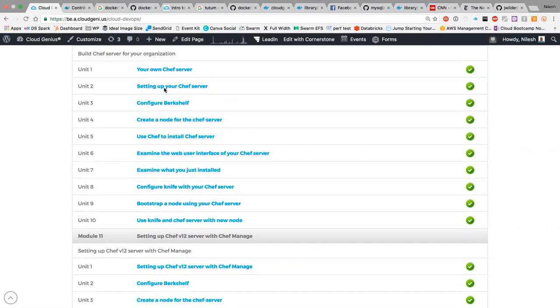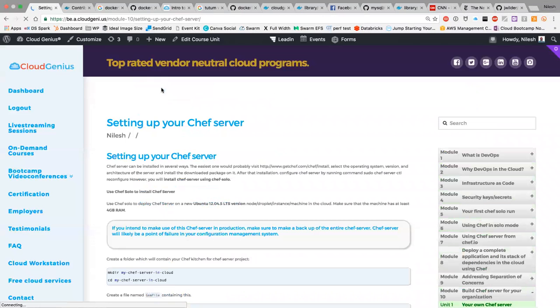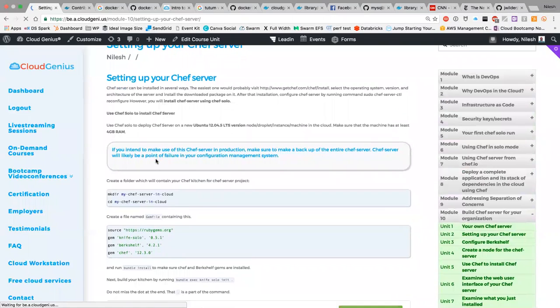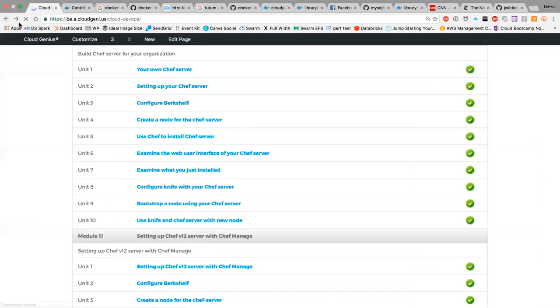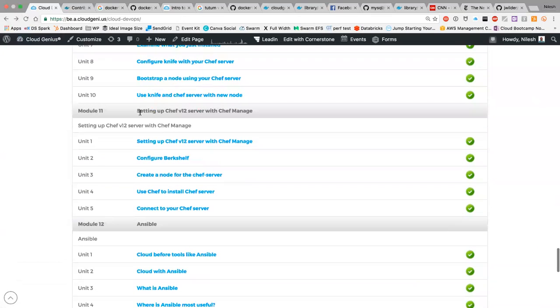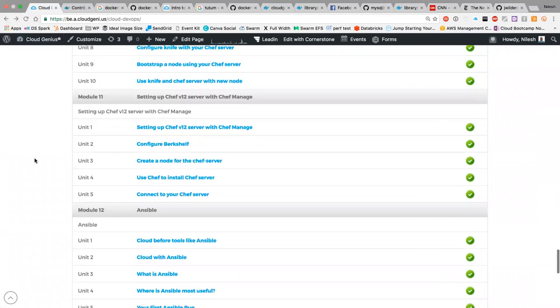So this exercise basically uses Chef to run Chef, and that Chef run will install Chef server, and then you switch over to using that Chef server. So we will use Chef solo to install Chef server, and then we switch over to using the server. That's the scenario. So you should actually run these exercises on your own if you want to conclude that discussion on Chef,